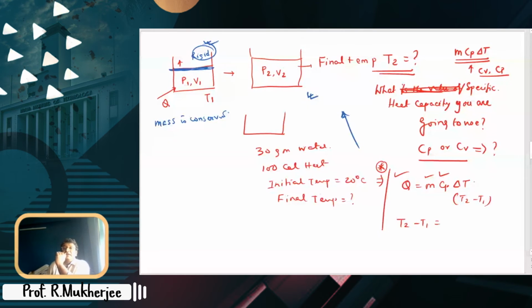Because then what will happen? Your specific heat capacity Cv you can use, and you can use this under only one condition: that the volume expansion takes place in such a way that your pressure remains P1 all along. If somebody mentions that I ensure the heat transfer in such a way that the volume changes, but there is no buildup of pressure inside the vessel, pressure remains constant and the volume changes, right? Only under that condition you can use Cp, otherwise not. Is it clear to all?